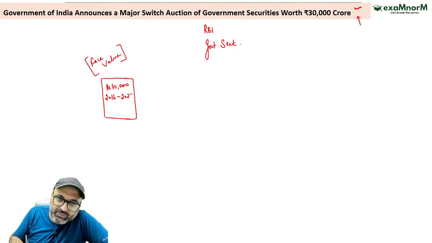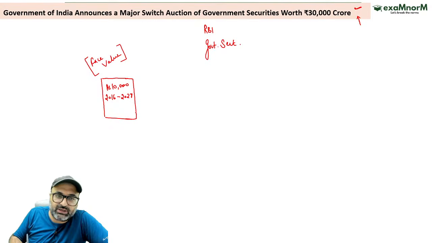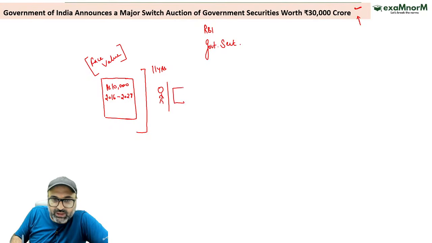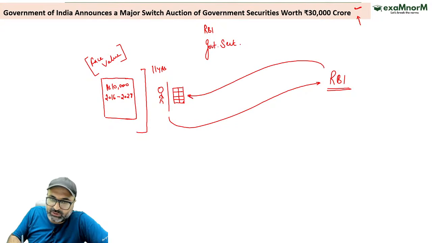मुझे नहीं पता, एक एग्जांपल बना रहा हूं, तो अगर कुछ गलत हो जाए तो टेंशन मत लेना। 2027 का मतलब, this security is going to mature after 11 years. तो अब 11 ईयर्स के बाद क्या होगा सर? 11 ईयर्स के बाद the individual and the entity which is holding this particular document, this particular security, it will be going to RBI और आरबीआई कहेंगे, आरबीआई हमारी सिक्योरिटी मैच्योर हो चुकी है, ये लो अपनी सिक्योरिटी और हमें दे दो हमारे 10,000 रुपए।